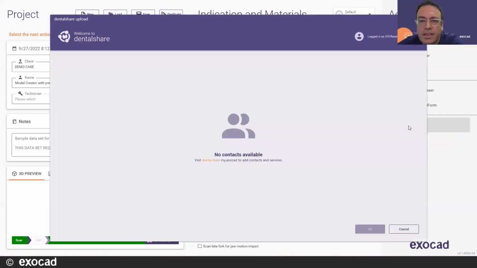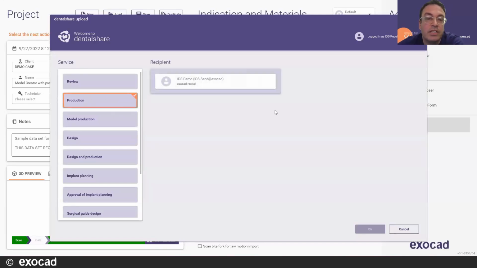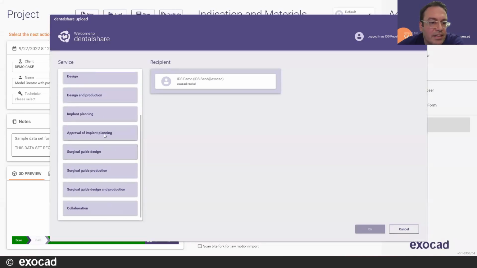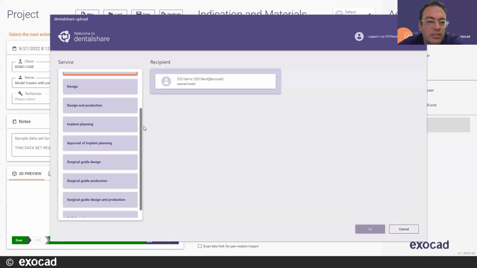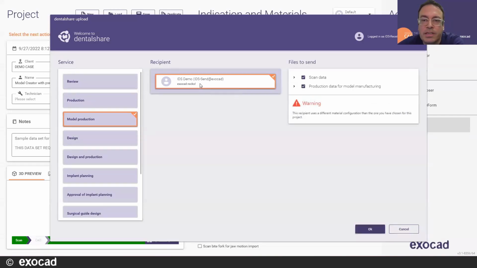So Dental Share is a built-in platform that allows you to send cases to another exocad user or a production center. So when I click the Dental Share button, it's going to apply to that case I have currently loaded. And so it's a model that, say, I want to send somewhere for production. And after I click a service, so everything in here from case review, production, model production, design, we have exoplan implant planning software, so there are some options related to surgical guide production. So whatever the services we're asking the recipient to do,